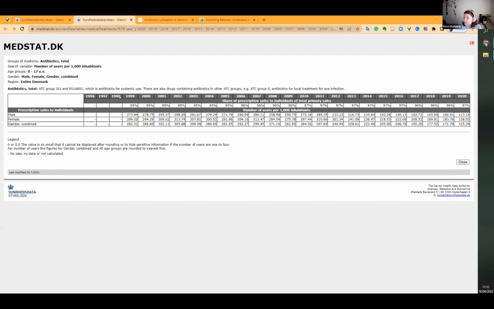So on here you can see that we have the years, and this is utilization of antibiotics altogether. It is the group J01. We can see the prescription and the drug utilization for males and females and for genders combined throughout the years. And this is a very interesting and valuable statistic to know, but sometimes it might be really hard for people